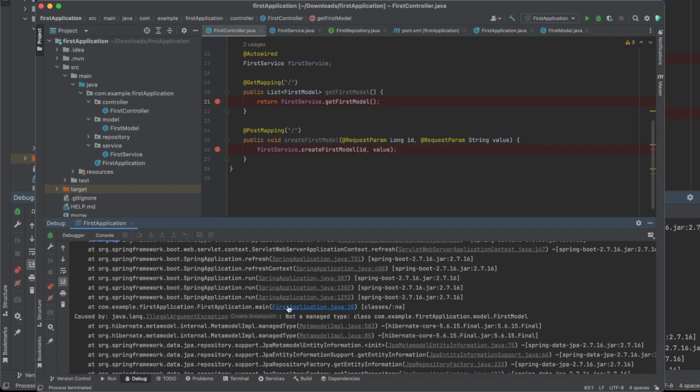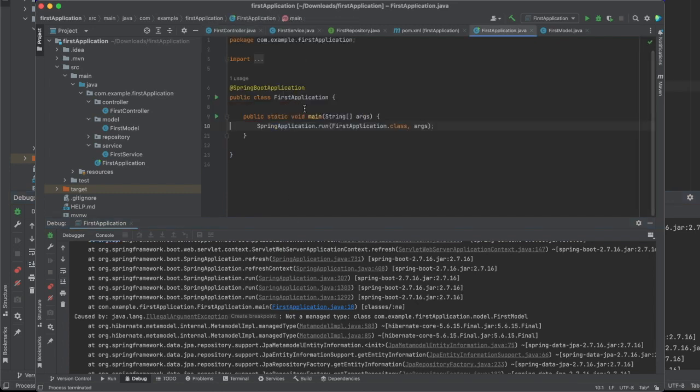Not a managed type first model. Okay, I think እሱ ችግሩ it's because